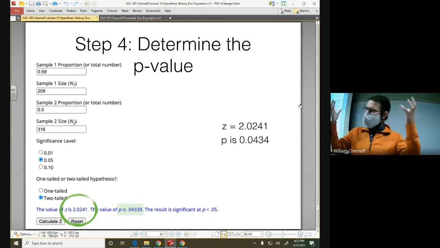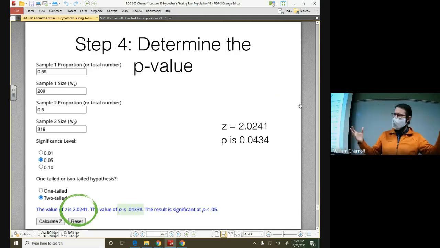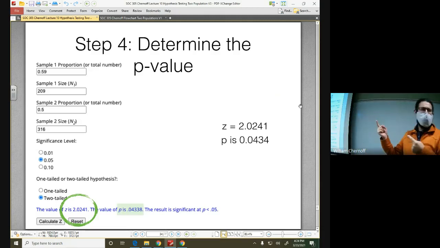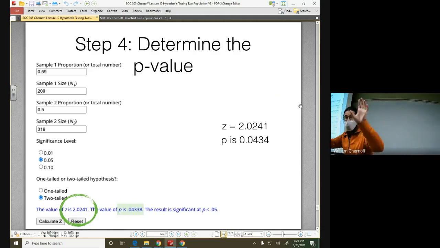So we take our sample statistics, our sample sizes, our sample proportions, and we go to this social science statistics website, we plug them in. All the stuff for your first population goes here under sample 1. All the statistics from your second population go under sample 2. We'll then check this radio button next to significance level. Just click 0.05. And then select the radio button next to the two-tailed method.